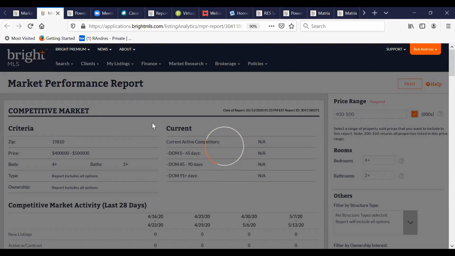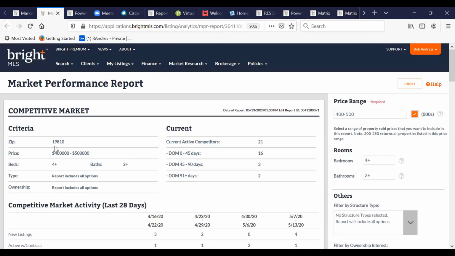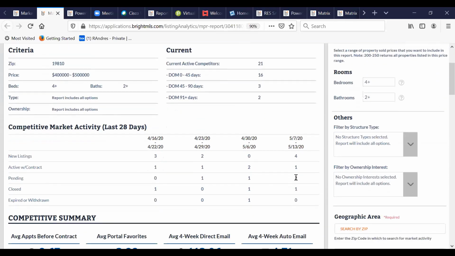So I could show my potential seller in 19810 and their little world of 400 to 500 similar homes that have at least 4 bedrooms and 2 baths. There's 21 active competitors. 16 have been on the market for 45 days or less. 3 have been on the market for 45 to 90 days, and only 2 have been on the market for 91 plus days. Here's the most recent time period, and this is showing the new listings, active, under contract, pending,